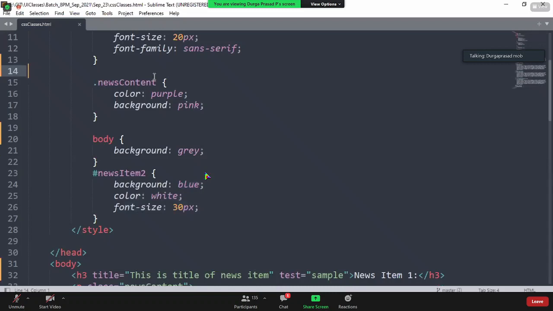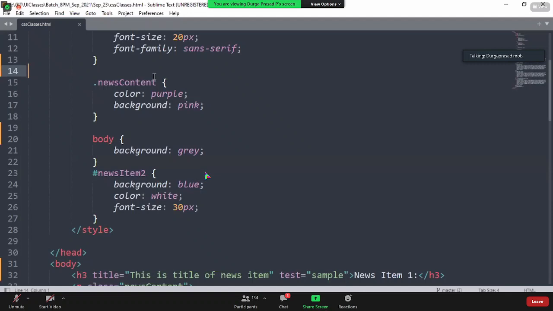Then fine, can I apply the same property for the same HTML tag? Can I use all the 4? I want to apply the inline, I want to apply the style, I want to apply the tag name, and I want to apply the class. Is it possible? Yes, it is possible. But okay, if it is possible, which one is going to take the priority?